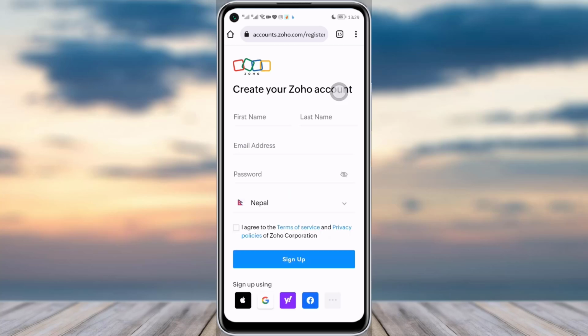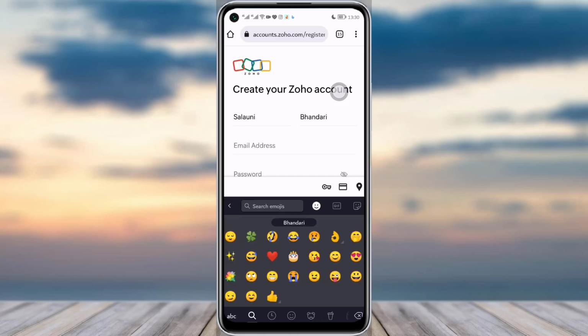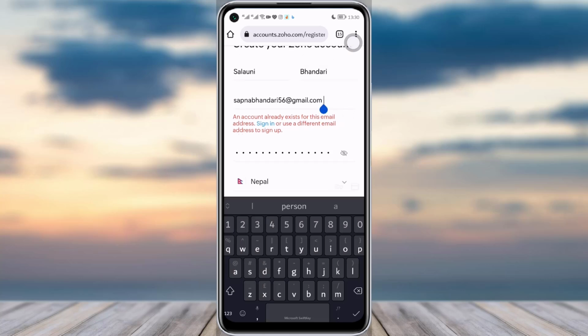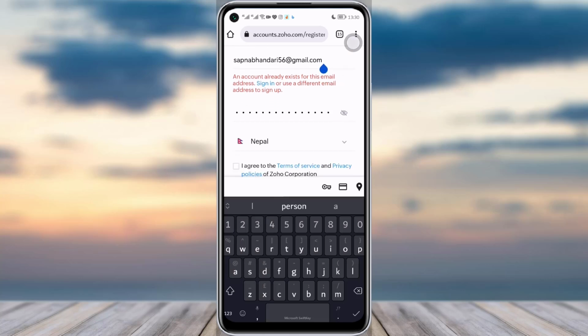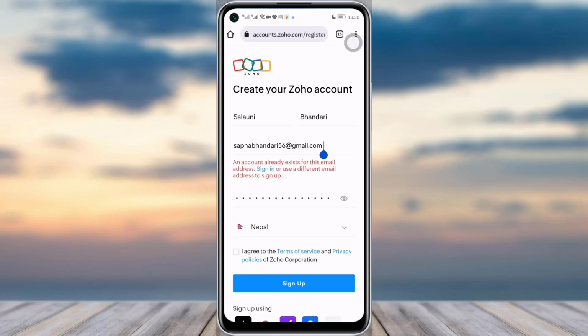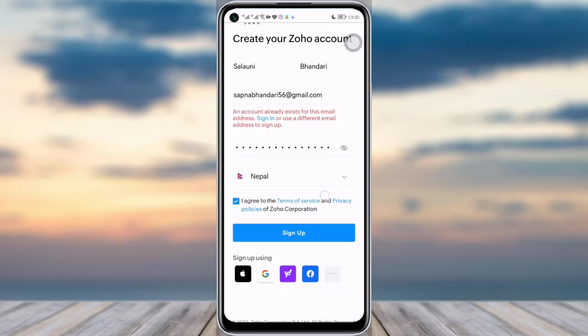Here you can see you can simply add in your first name, your last name given there, your email address that you want to add, and create a password. So as you can see in this email, I already have an account existing. So make sure you add an email that does not have an account in Zoho Mail. Then you will choose your country, and you will tap on this I agree to the terms of service and privacy policies of Zoho Corporation, and tap on sign up option, and you will simply be able to